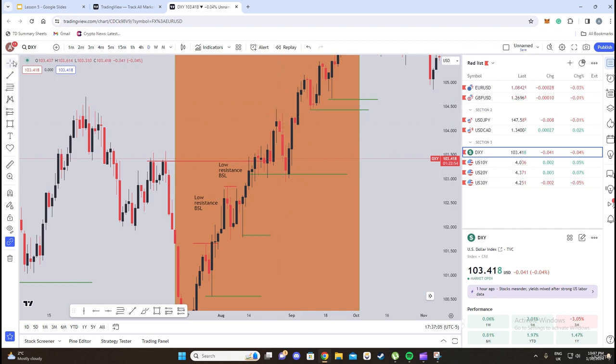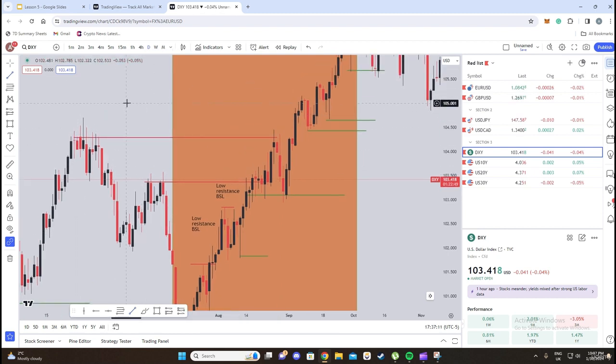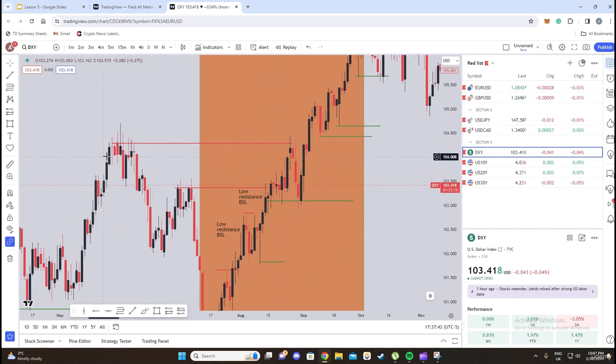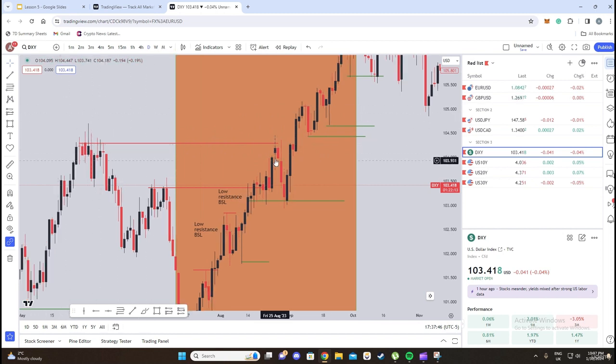Actually, it took out these bodies of the candle. As I mentioned earlier, the bodies have more weight than the wicks, because the chunk of the volume of the candle is here, meaning in most of the day price traded in this range between these levels in the bodies, not in the wicks. Price might have just gone up for a bit before coming back down, so the majority of trading during that day happened inside the bodies of the candle, and it's very important. So price wicked higher, wicked above these bodies, taking out a large pool of buy side liquidity